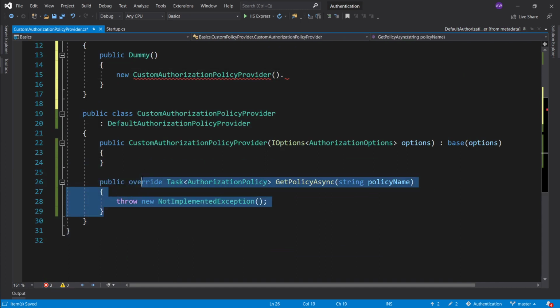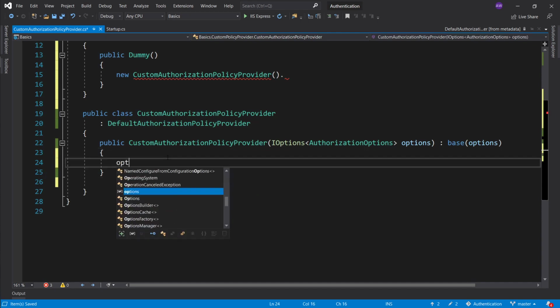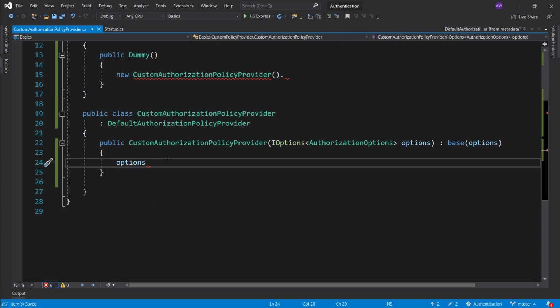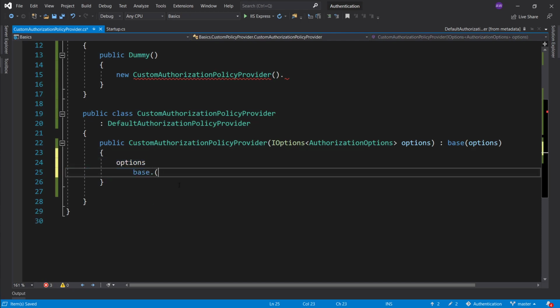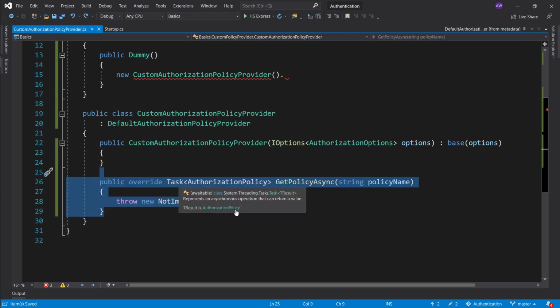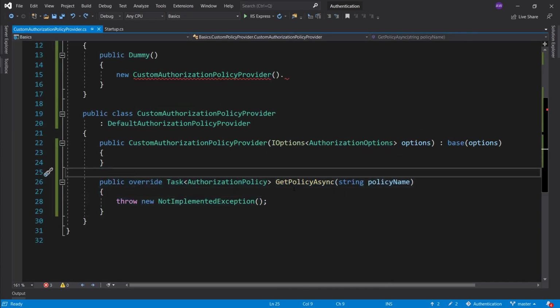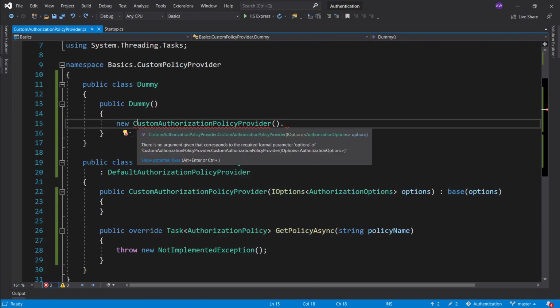And if I wouldn't have overridden it, if I would have wanted to do something with the options and then grab the base and pass it to there, or do something with the base. But I actually do want to override it, and what I will do is essentially say, I want to add some functionality to it, but I still want to maintain the functionality that the default authorization policy provider gives me. Okay,